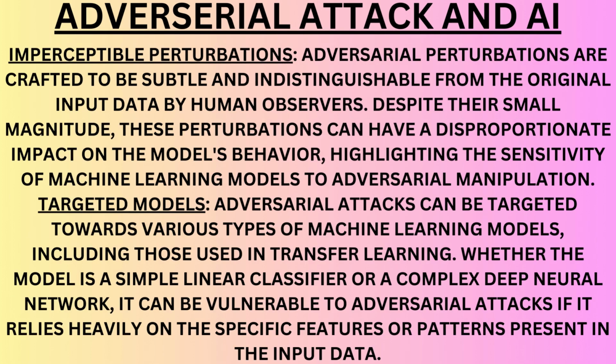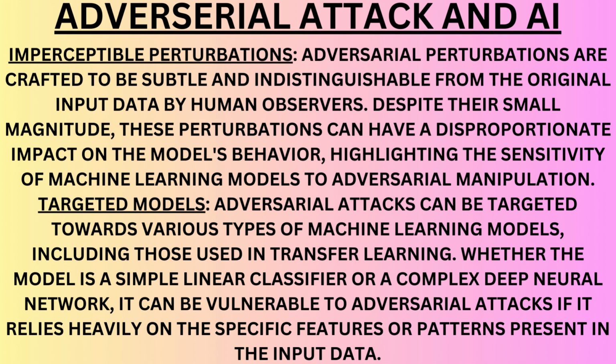Imperceptible perturbations. Adversarial perturbations are crafted to be subtle and indistinguishable from the original input data by human observers. Despite their small magnitude, these perturbations can have a disproportionate impact on the model's behavior, highlighting the sensitivity of machine learning models to adversarial manipulation. Targeted models. Adversarial attacks can be targeted towards various types of machine learning models, including those used in transfer learning,